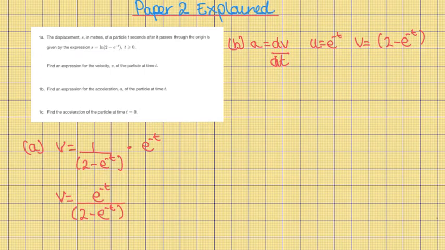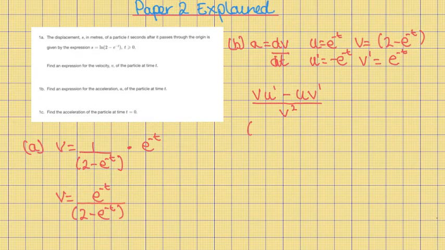So u dash is equal to minus e to the power of minus t, and v dash is equal to e to the power of minus t. The rule for a quotient is equal to v times u dash minus u times v dash all over v squared,